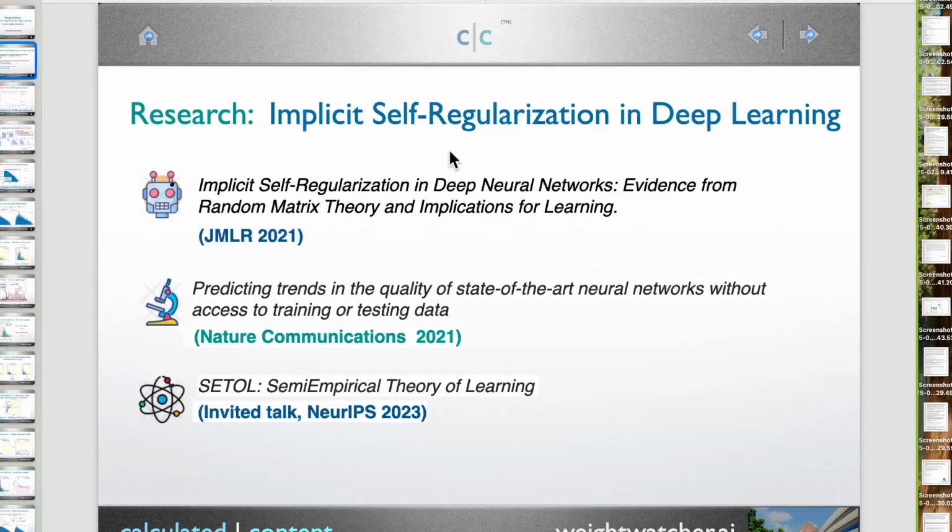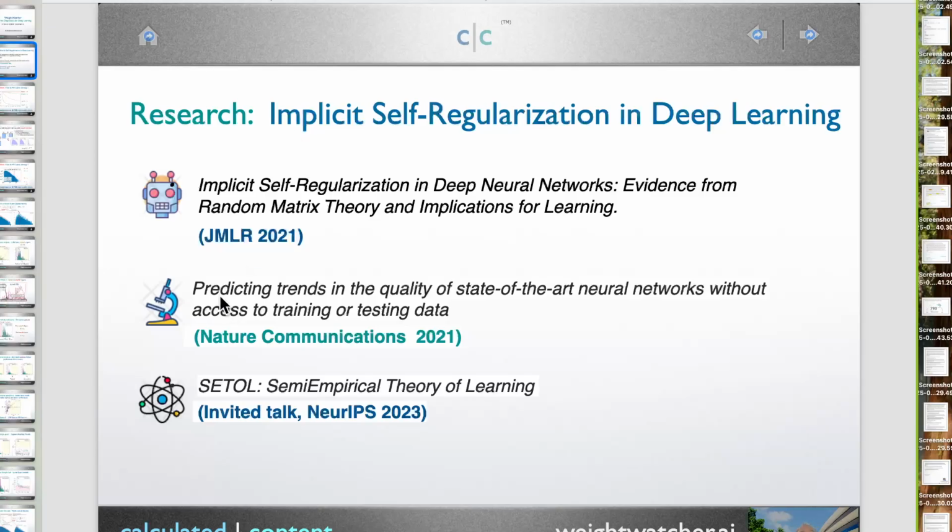Today we're going to take a look at the layers, how the layers converge. This work is based on a number of papers that I've been publishing for some time on implicit regularization in deep learning. There's a paper I published with Michael Mahoney at UC Berkeley in JMLR. The work was actually done in 2018. It takes a long time to publish things, so it got published in 2021.